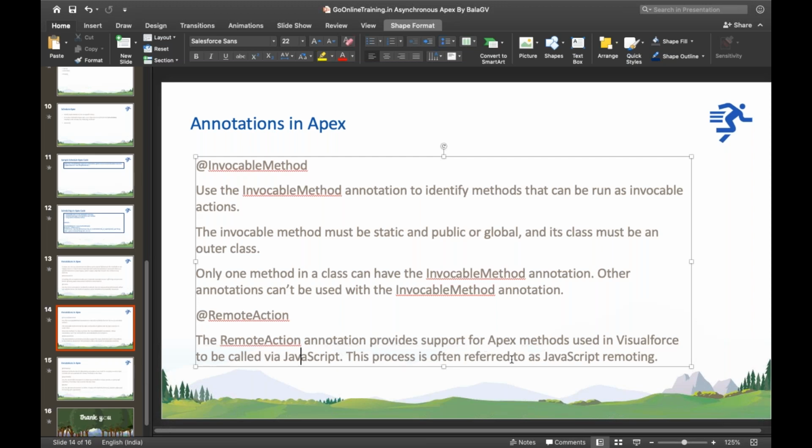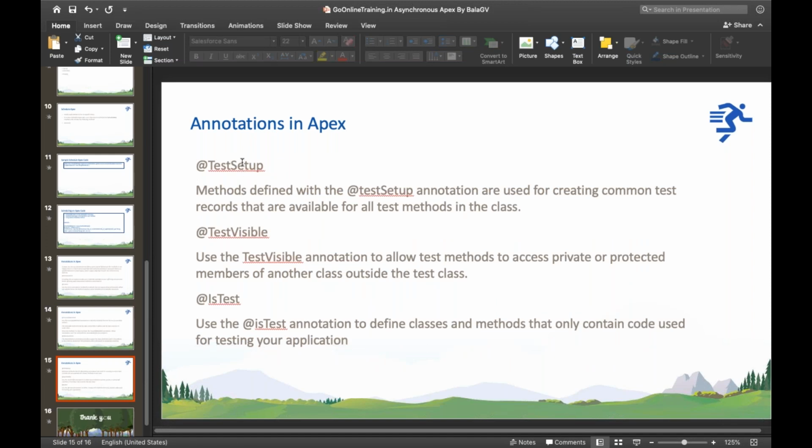This process is often referred to as JavaScript remoting. Then we have a few more: @TestSetup, @TestVisible, @IsTest. We will discuss tomorrow. Tomorrow we'll start discussing test classes. These annotations are used for testing purposes, unit testing.